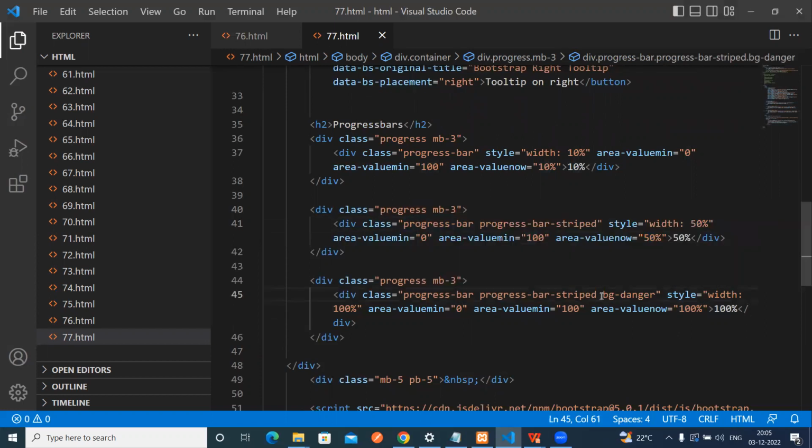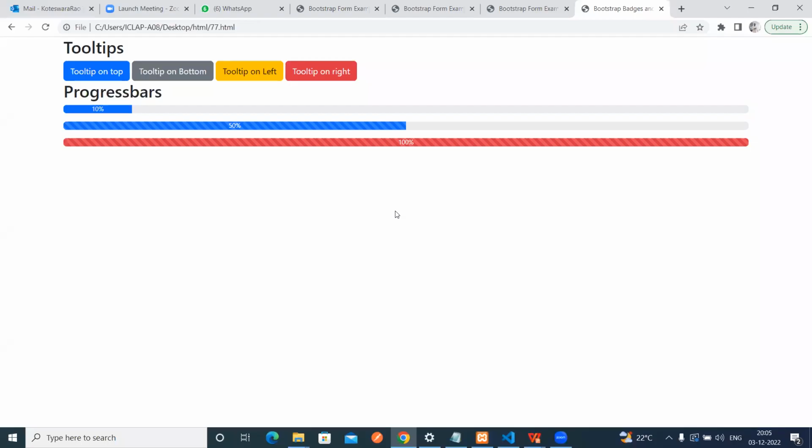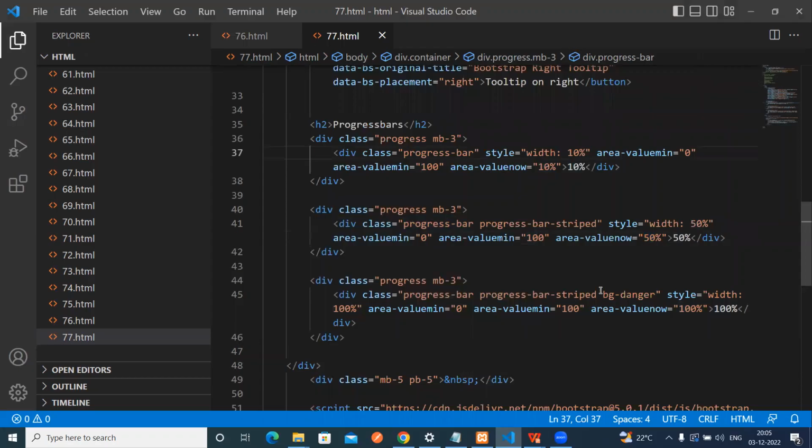If you want to change the background colors, we can change it. The first one is the plain one, the second one is progress-bar-striped. Striped means we get these bars. The next one we applied the background color